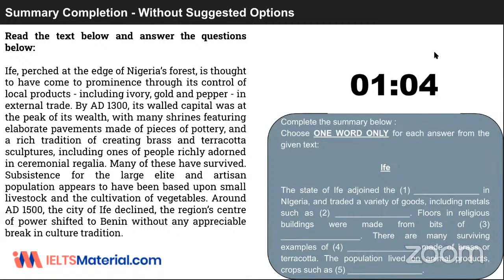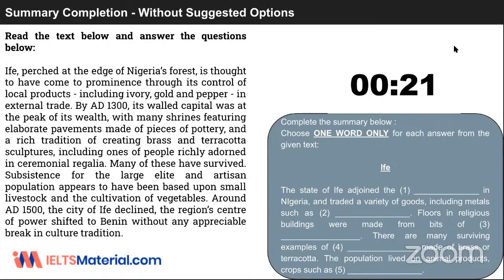All are very eager to give the answers. Okay, fine. If you have got the answers, you can give the answers. Start giving the answers now. You can start giving the answers. Pavement. Oh God. Muskan, I guess pavement is wrong. So if you can just read the passage again, then you can give the answer for the fourth one.